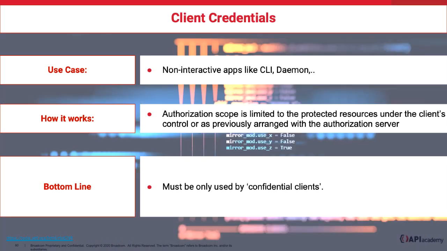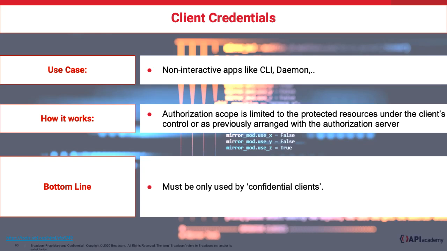Client credentials, as an authorization grant, is typically used when the client is acting on its own behalf, or is requesting access based on a previously arranged authorization. Example use cases are typically for non-interactive applications, such as a command line interface, a daemon, or any service running in a back-end server that doesn't require any interaction with the end user. Many IoT devices also fall into this category. In all these examples, the client application would request and receive the access token without the user having any access